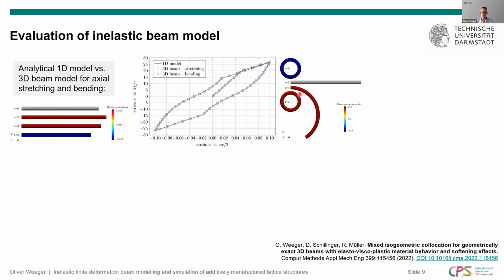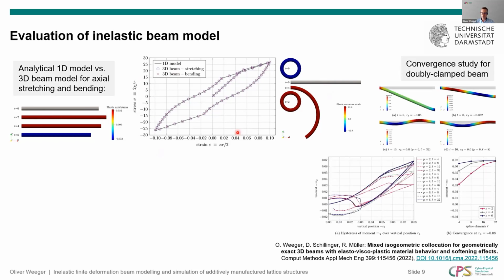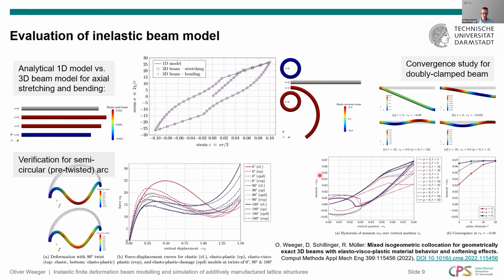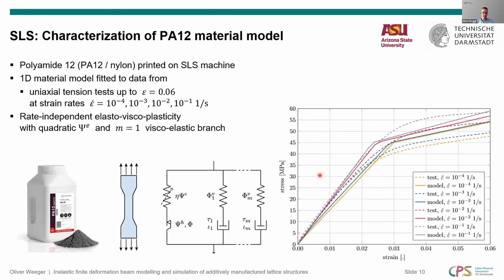And likewise also in pure bending, the response from the beam model and the 1D model should be identical, which we showed over here for some cyclic viscoelastoplastic material behavior. And then we did some more studies on the model, which are shown over here, which all showed that it works quite well. So then we wanted to make the step and now apply this to additive manufactured lattice structures. So the first thing that we of course need to do is we need to